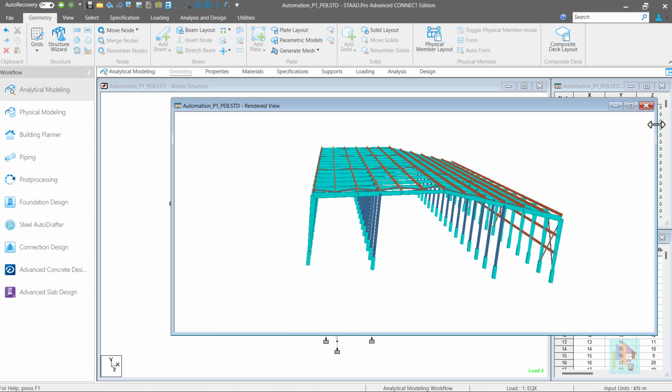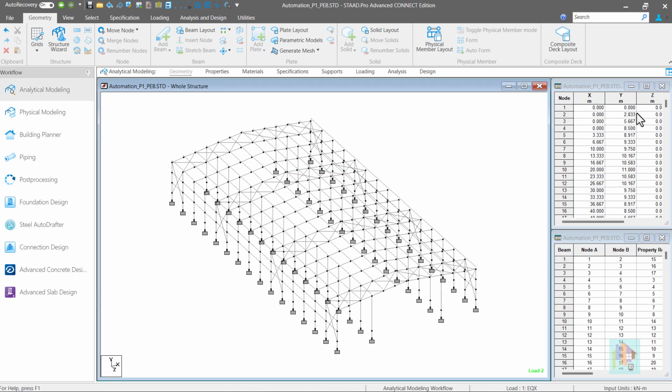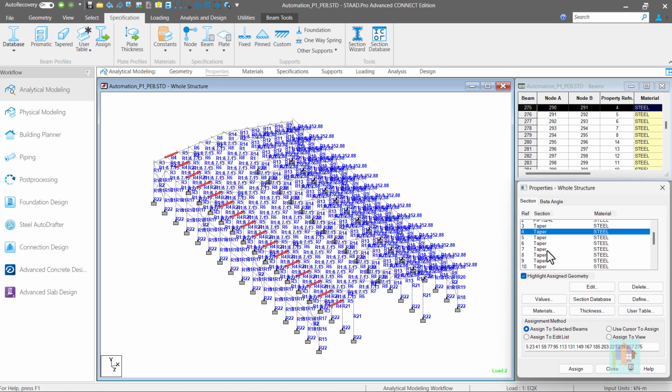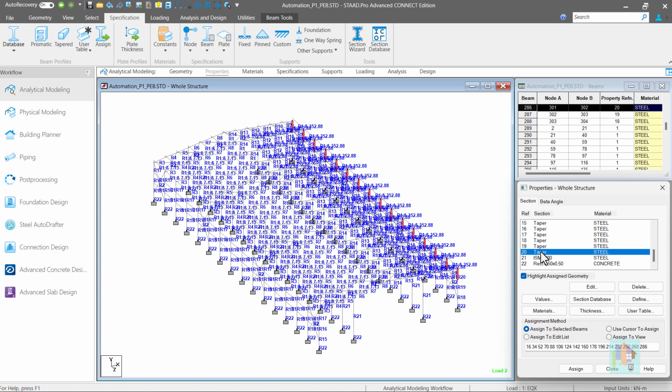To find the optimum section required for different structural elements, we can model the geometry in STAAD, assign a web tapered I section with variable depth at the start and end of the member, or use a plate girder section with intermediate stiffener,